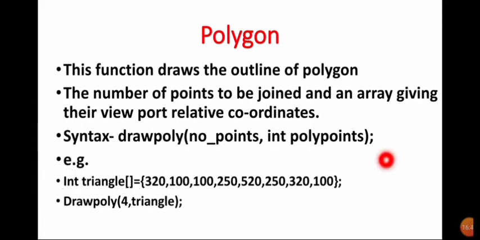Okay, see, this is the triangle. So these are the multi points, the number of points. This is what polypoints are. Poly means many. Poly means what? Many. Many points are there which represent a triangle. So here the triangle can be defined by these multiple points, and the polygon can be drawn.